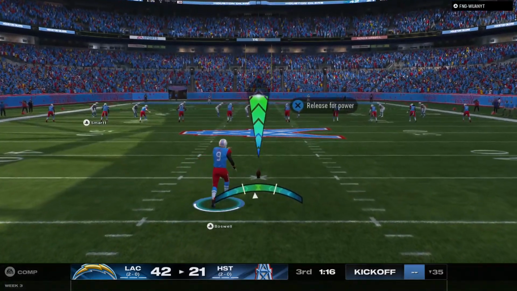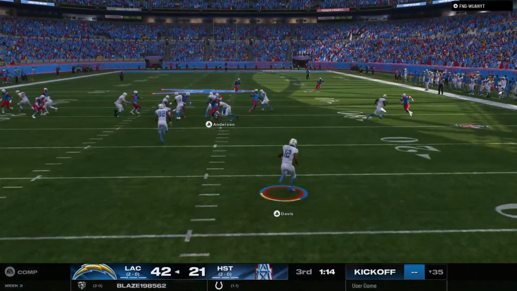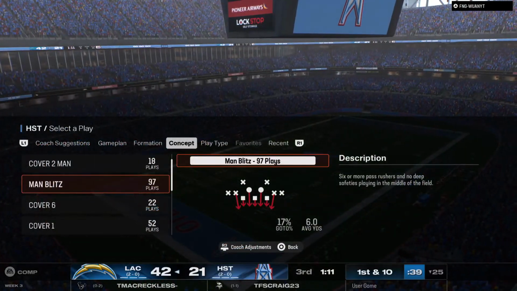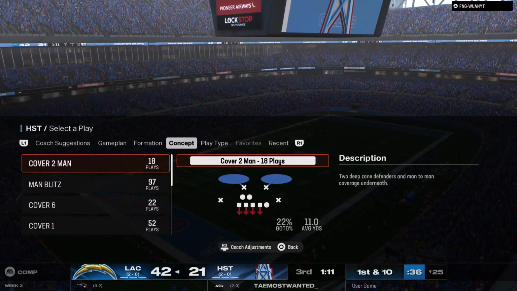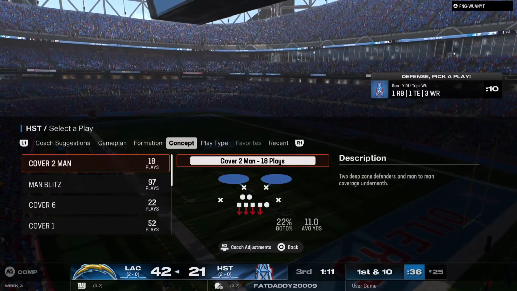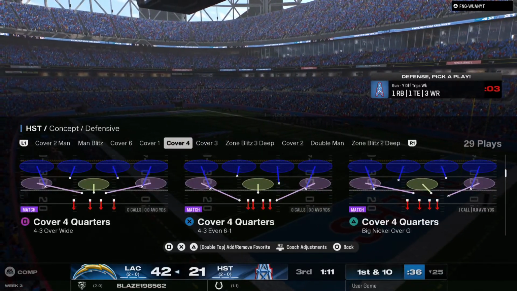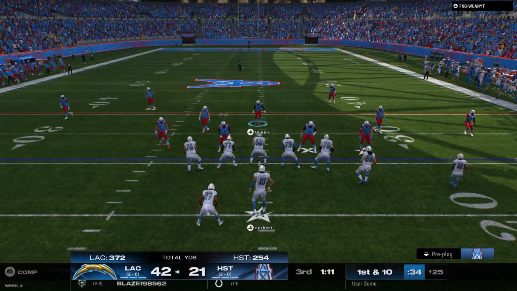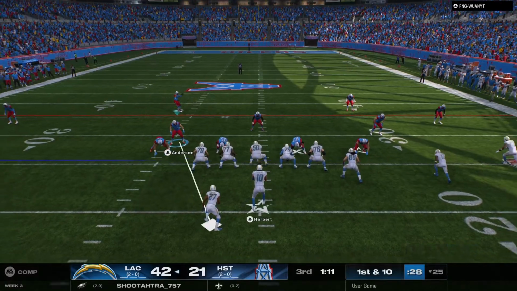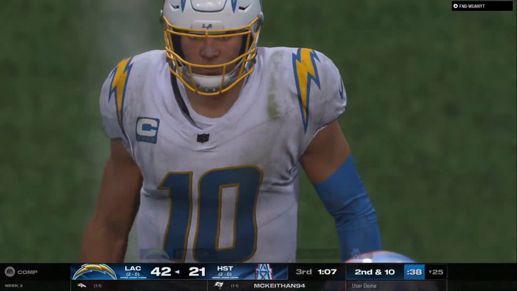Now Boswell on to send this away. He's going to return it from a yard or 2 deep. This return makes it up to the 25. And the drive will start out with a 1st and 10. Working from the gun here, it's Herbert. Searches from the pocket. Ooh, he got hit as he...